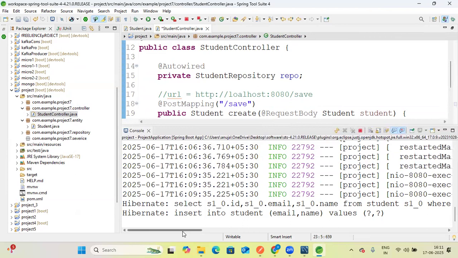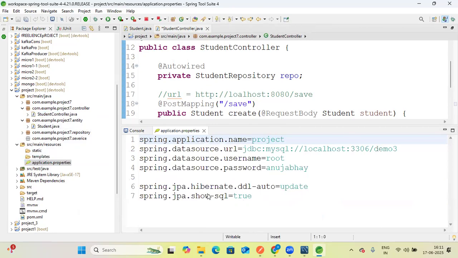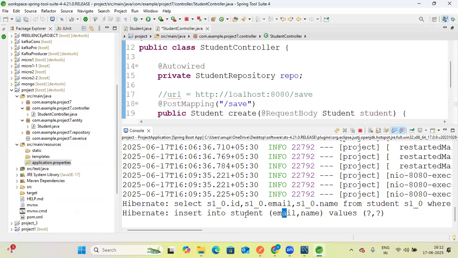we can see that the data is being displayed here. Select ID, name: these are the queries. Here you can see insert into student. These are the queries, which we enabled in application.properties, where we have written show SQL. This will show us the SQL queries. So that's why in the console we are seeing the SQL query: insert into the student table, email and name, and the values are given. Now we will create a